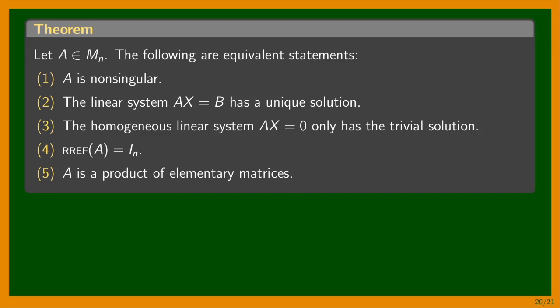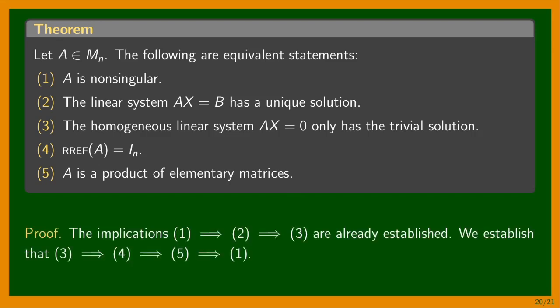This is one common technique. But take note that the implication 1 implies 2, if A is non-singular, this linear system has a unique solution, is already established a while ago. Also, if Ax equals B has a unique solution, then this homogeneous linear system has a trivial solution. This also follows from the fact that if we simply set B equal to 0,